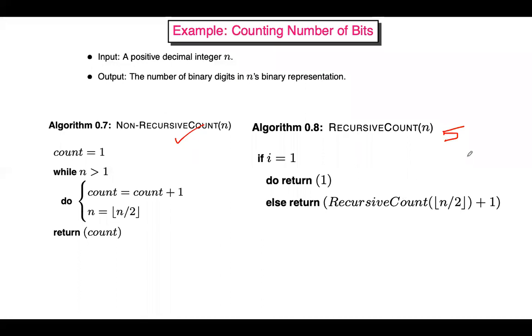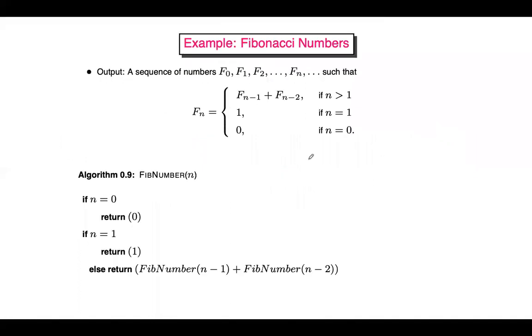I guess this is there in the textbook itself. You try to solve it and try to understand that procedure. So this is assignment 5, problem 5. And Fibonacci number, again, it's a recursive method to find the Fibonacci series. For this also, you try to find out the efficiency.